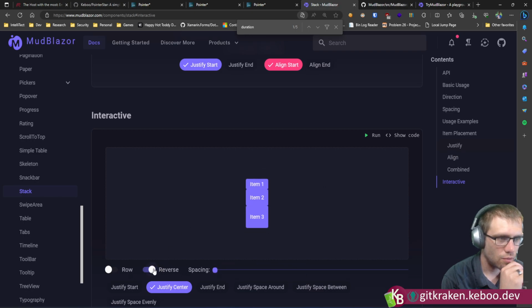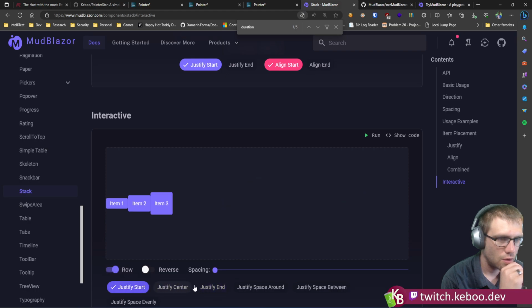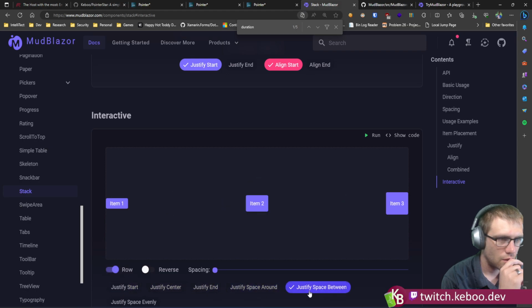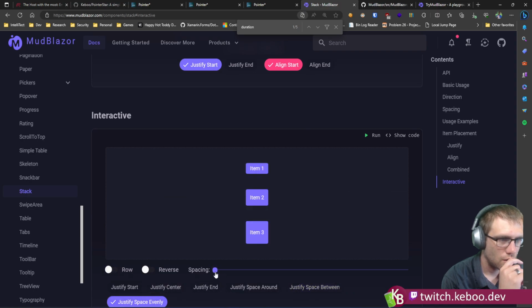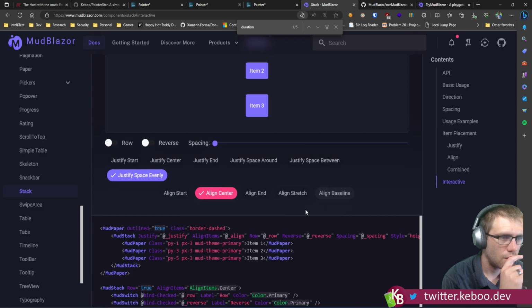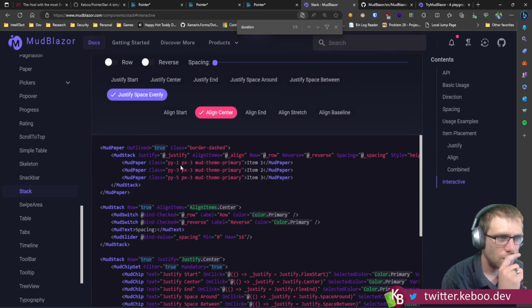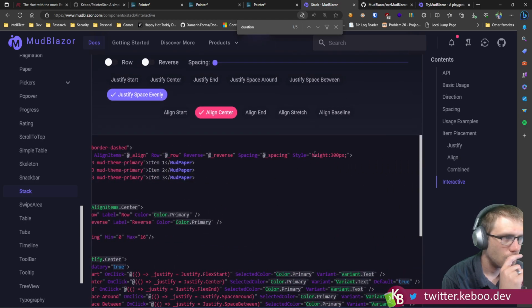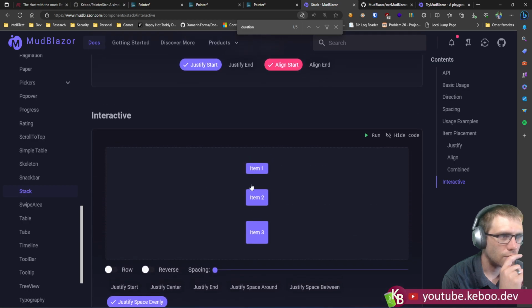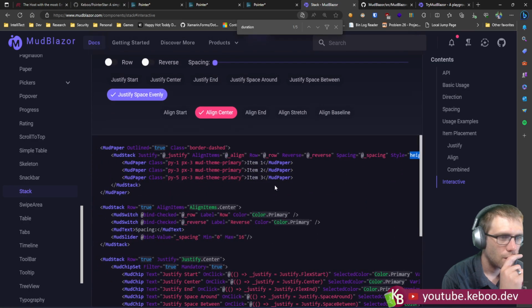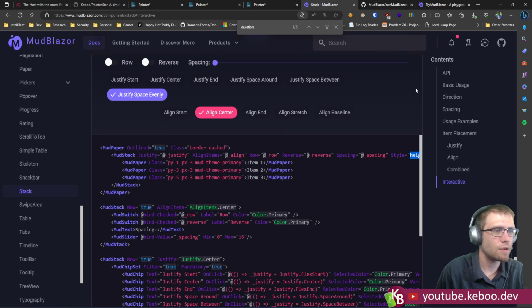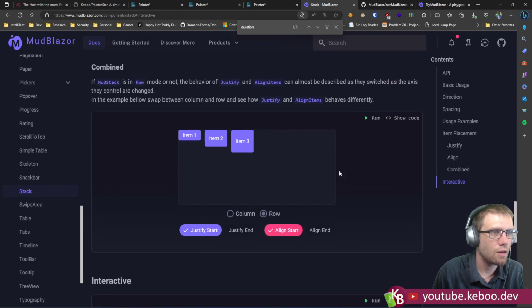It's not really what we want. Show me the code for that. How are you doing the style height 300? That's why it's being so big. I don't really want that. Okay, so I think